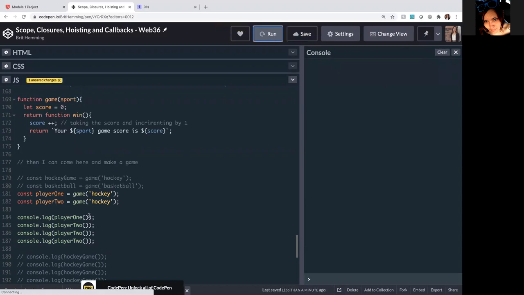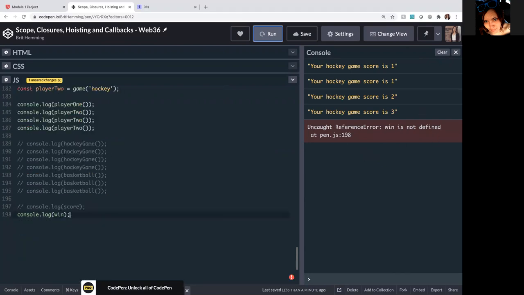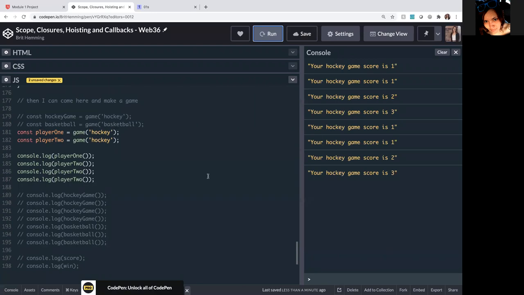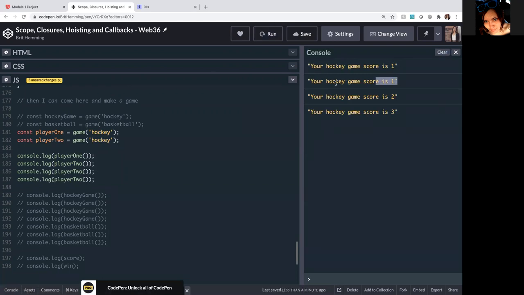Okay, so now we're keeping track of like which player, oh, let me comment out win. Now we're keeping track of like which player is winning. Okay, so if I run this again, so we can see like the first time it's invoked, player1 is this first invocation. It has a score of 1, and player2,